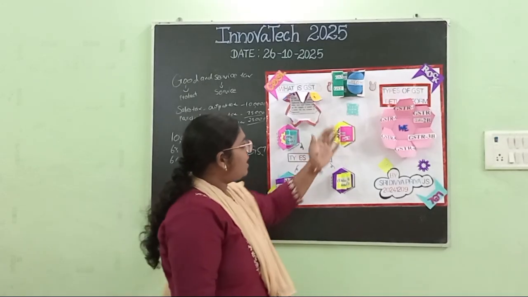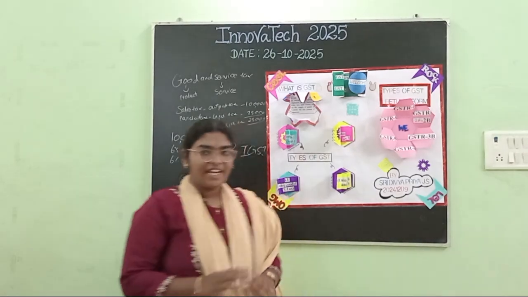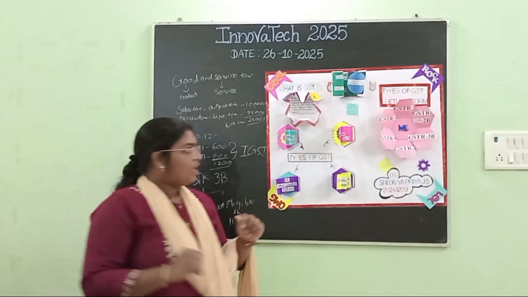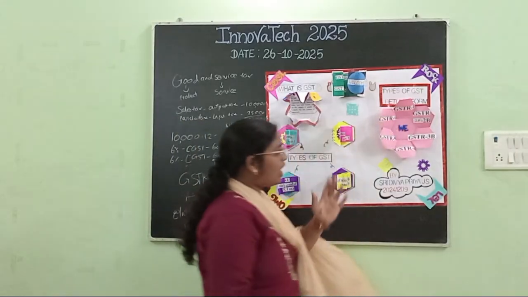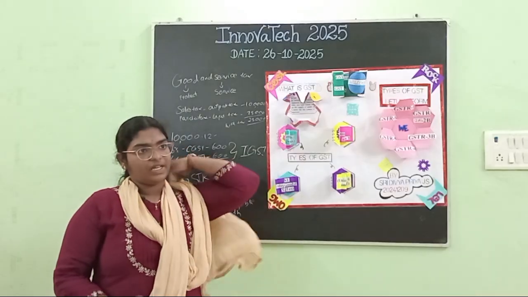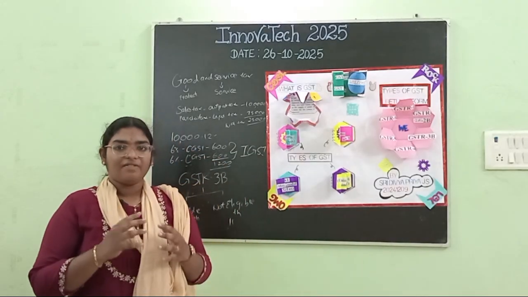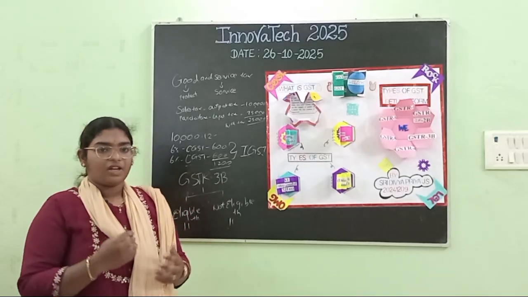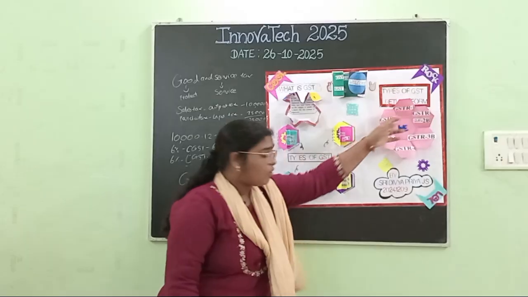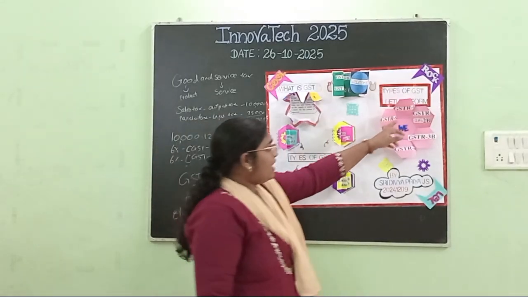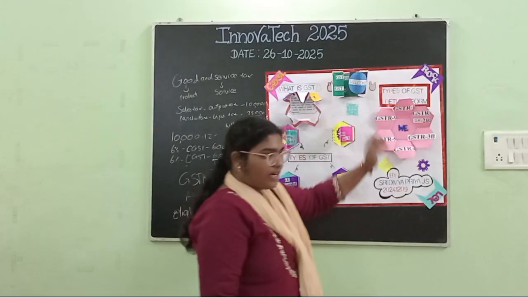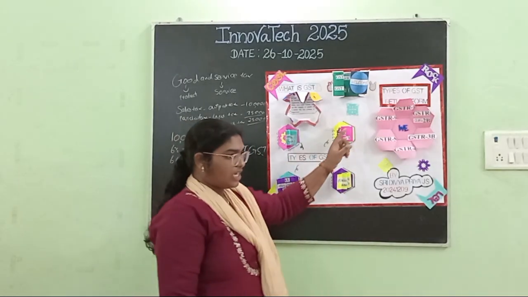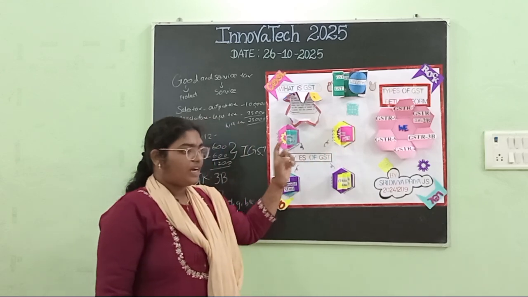And next is types of returns. There are various types of return, but I have chosen 6 types of return which are common to all. The first one is GSTR1. GSTR1 is the first return, where we tell the government that I have sold this much of product and services. In GSTR form 1 we need to declare only the sales. Whatever we sell in our business should be recorded in GSTR1. This should be filed before the 11th.